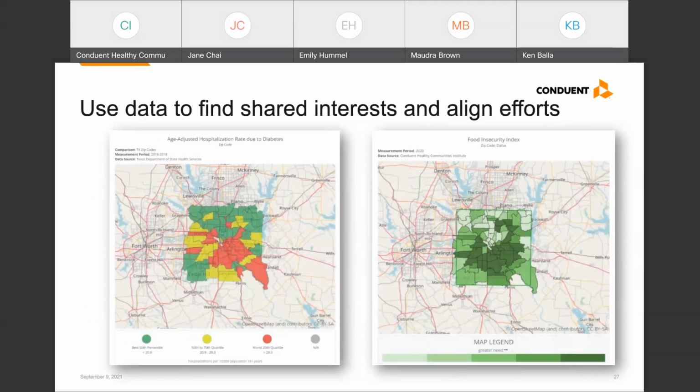The map on the left shows hospitalizations due to diabetes, and the map on the right shows HCI's Food Insecurity Index, where the darker green is showing areas of increased food insecurity. If you don't have HCI's platform, you might share another measure like families living below poverty level. This might be the beginning of a great conversation about how these issues are linked and how you can work